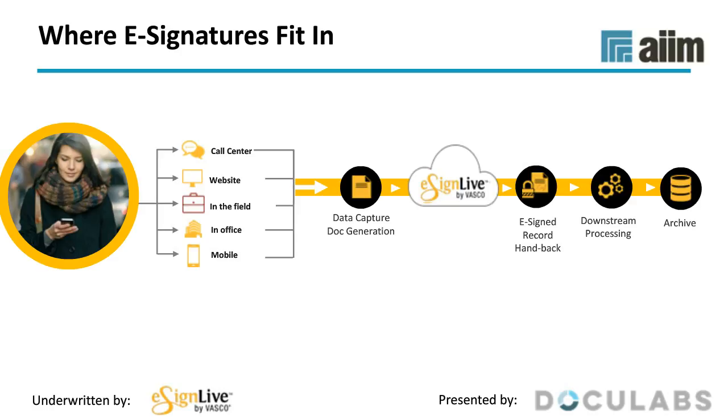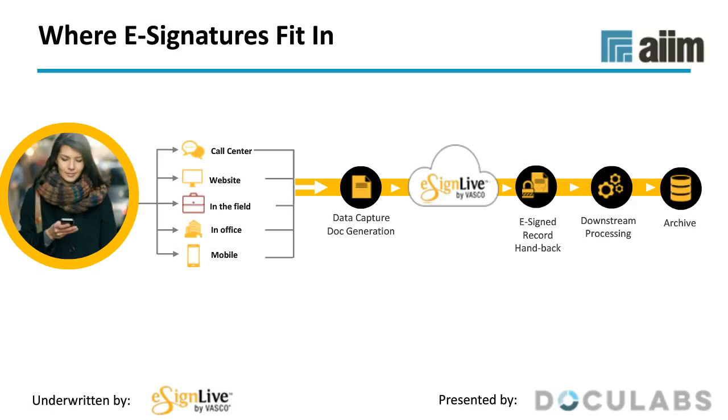Starting at the left of this illustration here, we have your customer, who today can come to you either over the phone, in person, maybe through a website. So when the time comes, data is captured to complete that first step of a process. This might be through maybe an e-app or could come from any third-party system. Once the final application is completed today, you are hitting a print button. With e-signatures, that is the moment in the process where the upstream documents would simply be printed or handed off to your e-signature solution, or in our case, directly into eSign Live.